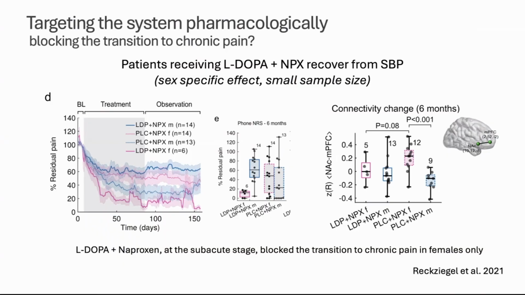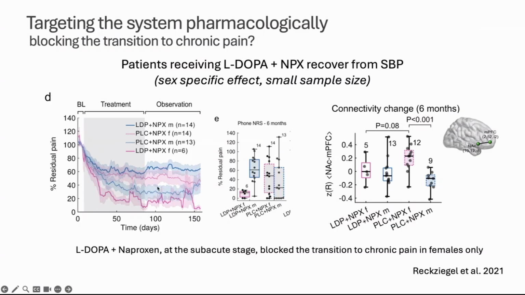So you might think that some of these preclinical findings suggest that this could be a potential treatment to block the transition to chronic pain in humans, and rightly so. There was actually a study already conducted like this. It was a pilot study, and we are awaiting funding to proceed with a larger scale trial. But in this proof of concept study, we replicated the experiment as in the mice.